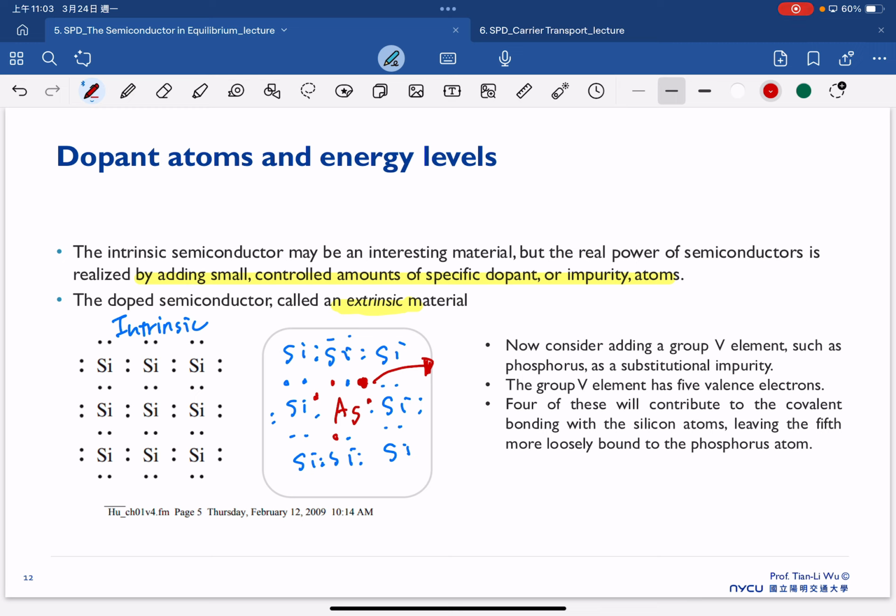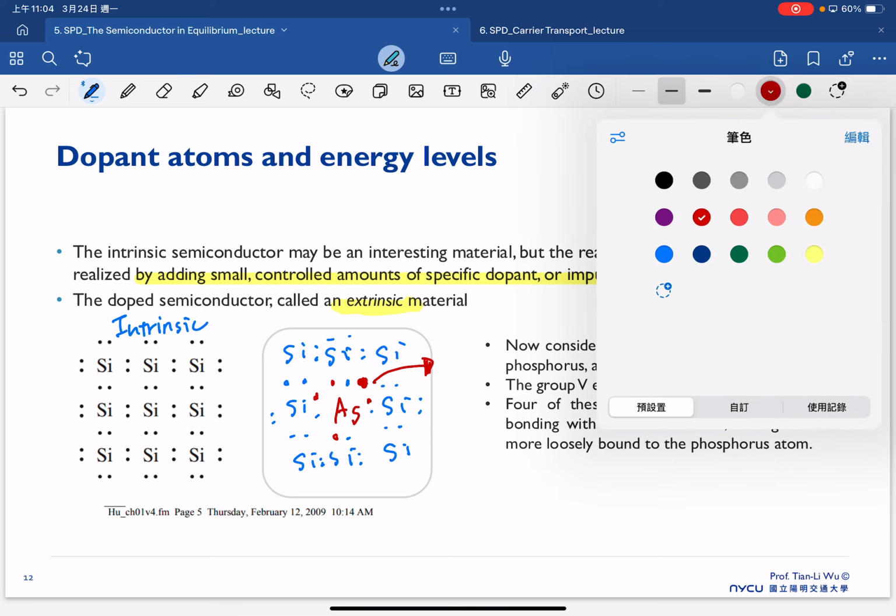In this case, if you look at the lattice arrangement here, it is not pure silicon anymore. We have additional arsenic being doped here. So we call this an extrinsic